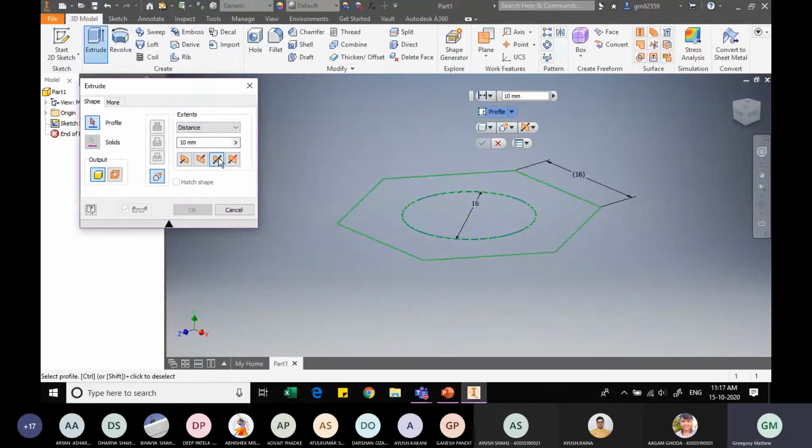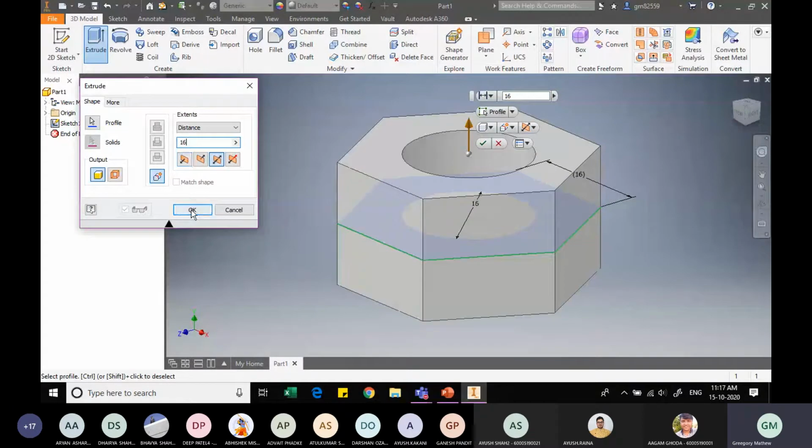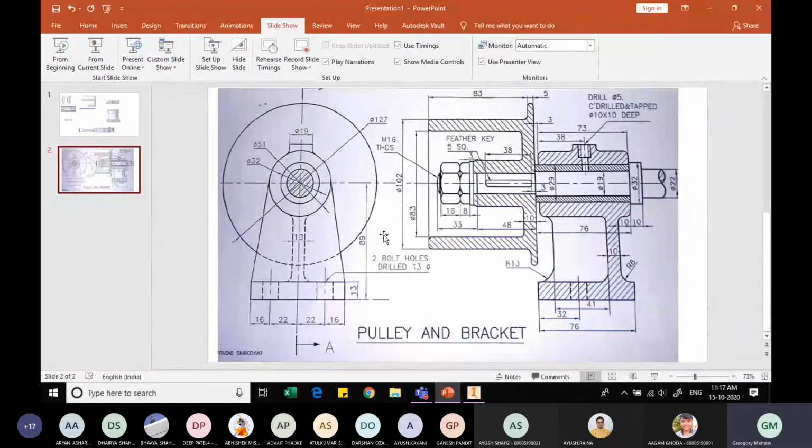Why we are using the symmetrical option is because then we will use the mirror command to use the sweep option. So I will just show you when you are going with this process. So let me extrude it symmetrically both sides, and we know the total height of this nut is 16. So I will change the distance to 16 mm, and I'll click on OK, so that my nut appears somewhat as it is. Then going forward to show this chamfered part over here, let us move ahead.